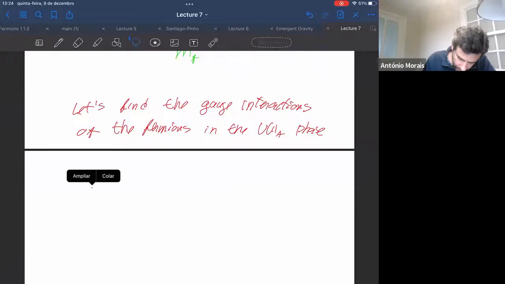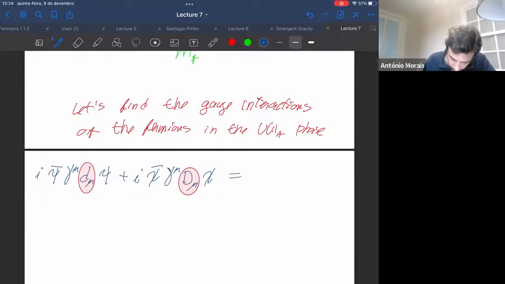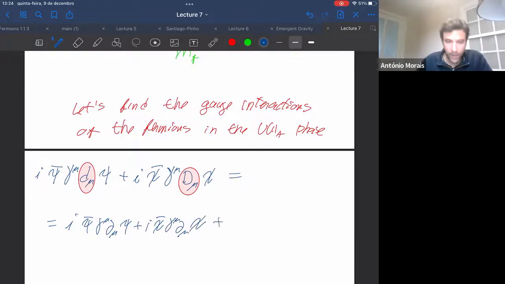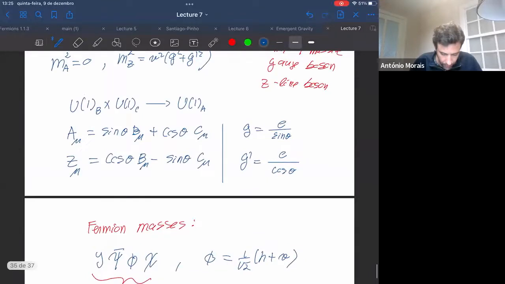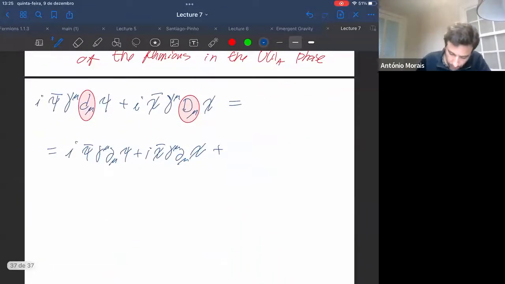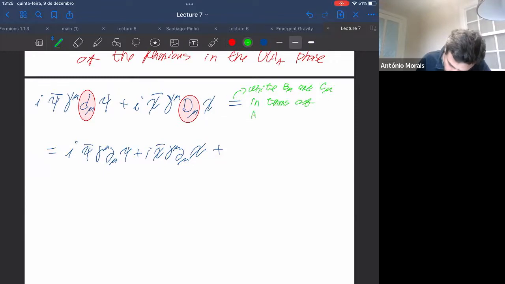So I will paste it again here. We start from this, and we get now, of course, the first term is trivial. I psi bar gamma mu d mu psi plus I chi bar gamma mu d mu chi plus, and now it's where we are also going to use this definition of the fields. So we need to write b mu and c mu in terms of a mu and z mu. And when you do so, you find things like this: E gamma mu